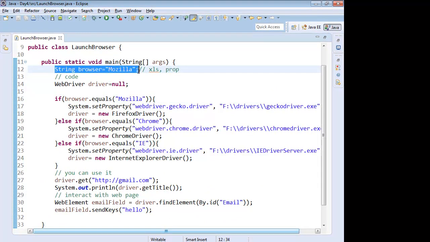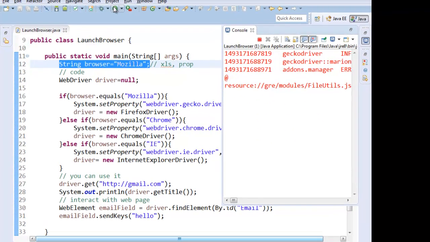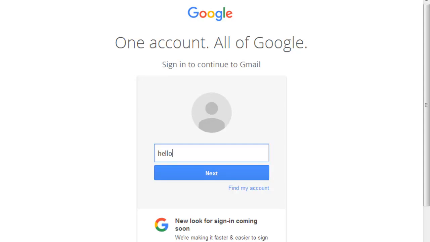I'll keep the browser name as Mozilla and I'll run it. Right, you see that? So what it does is that it goes on this web page and types in hello.